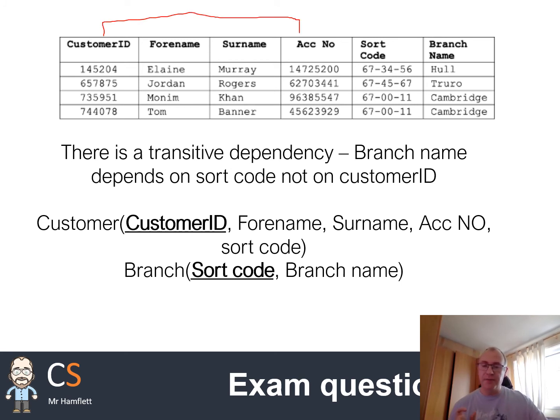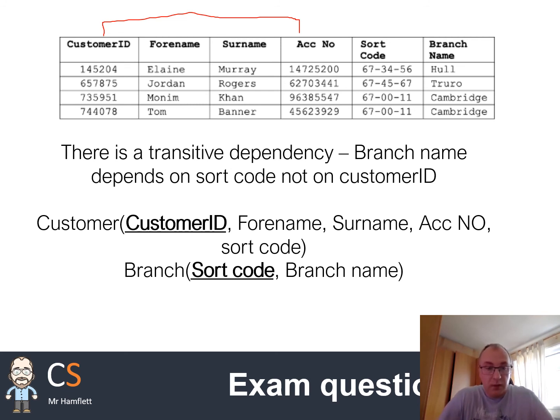Now, I think where some people find this question difficult is that they're maybe not so familiar with banks, so maybe you don't have your own debit card. But essentially, when you get an account in a bank, you will have your unique account number. Okay, that's unique to you for that branch. And then you also have a sort code for that branch. Those two together are unique for you and your bank account. Okay,